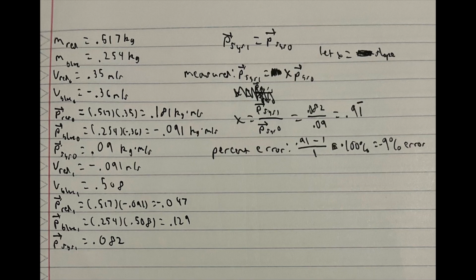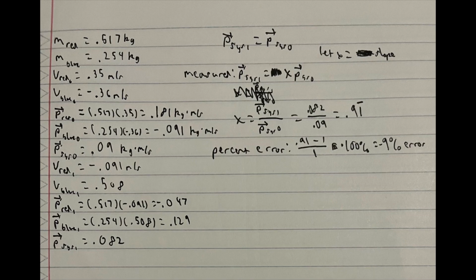After the collision, the velocity of each car has substantially changed, each traveling in opposite directions to which they began. By following the same process we used to find the initial momentum of the system, we find the final momentum of the system to be 0.082 kilogram meters per second. Theoretically, the initial momentum of a closed system should be equal to its final momentum according to the law of conservation of momentum. However, there will always be errors in real life.